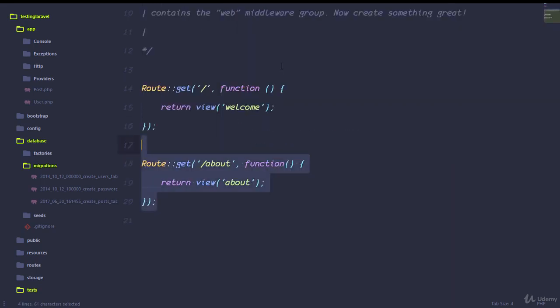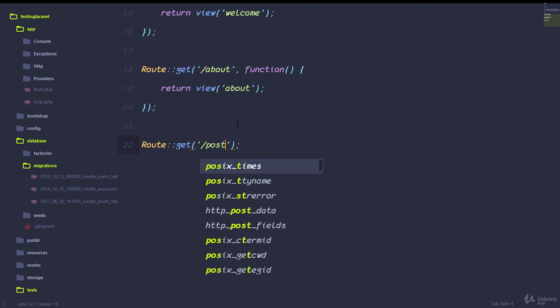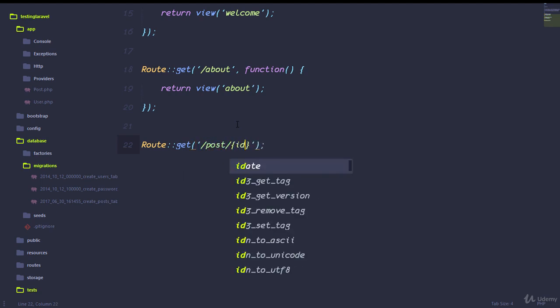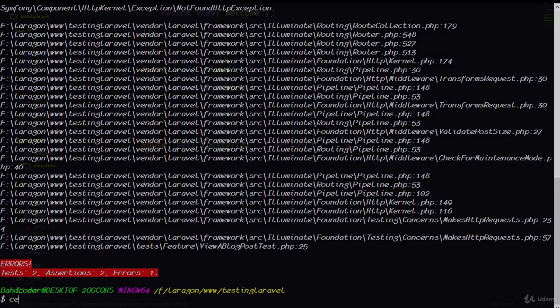So in our web.php we're going to create a new route down here, and this is going to be a GET request because that's what we want to access, and it's to the /post/{id} endpoint, where the id is a parameter. And we have two choices right here. We could use a closure just because we want that code to work, or we could write the code the way we want it to work by creating a controller and all of that. But to keep it simple, I'm just going to pass in a closure right here, and let's run that test